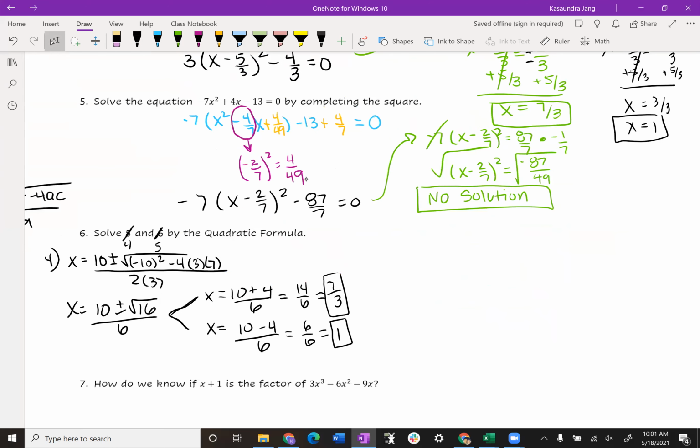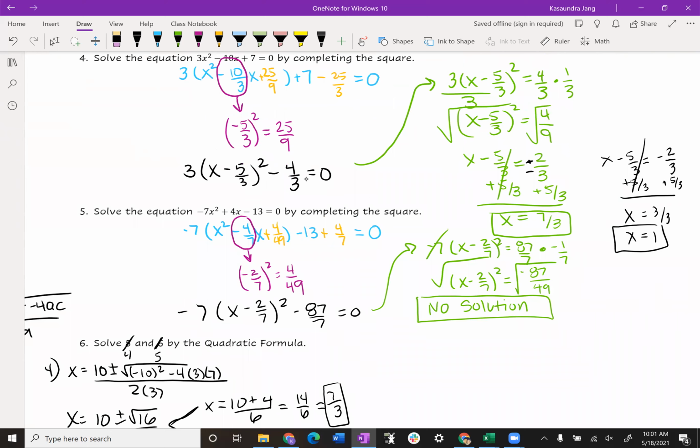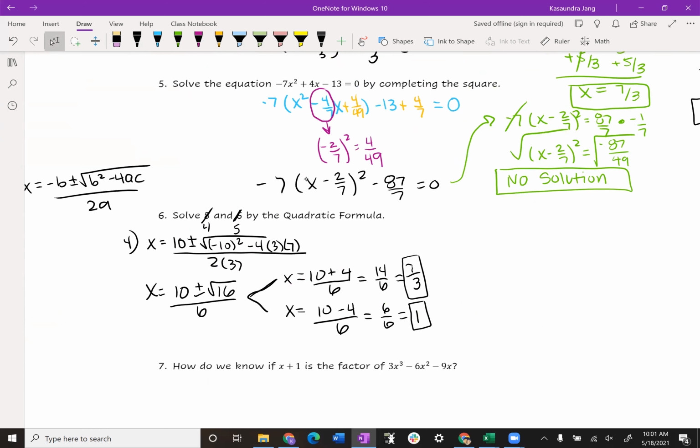Okay, so just remember, this is kind of our reminder here, when you take a square root, make sure we do a plus or minus to get 2 separate answers. So I actually had 2 answers on number 4. Okay, and you can see the same 2 answers with the quadratic formula. So then let's see if I would get no solution on number